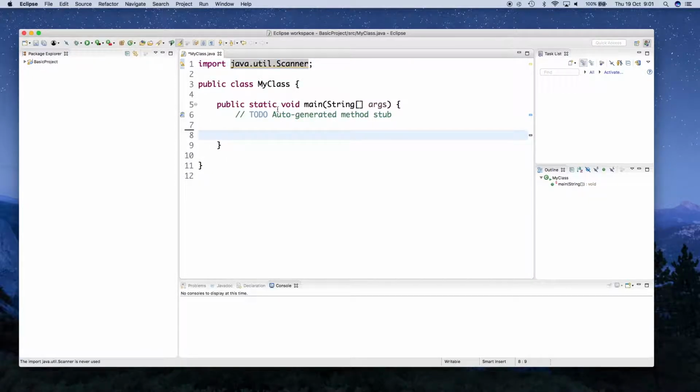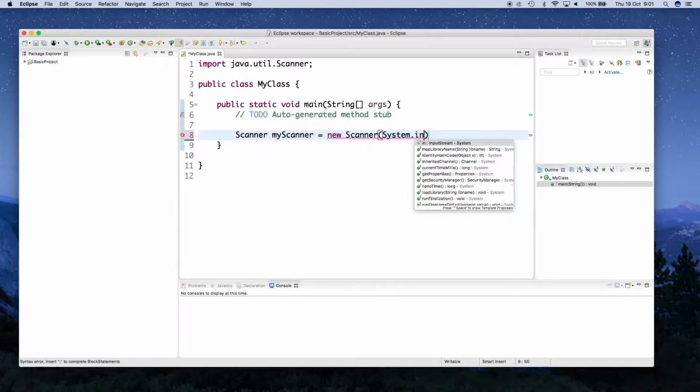So in the main section now, this part of the code that executes when the program runs, in there we're going to create our scanner object. So the type of it is Scanner, and then give it a name, whatever you want to call it. You can just say myScanner, that doesn't matter, you can call it whatever you want. And then we're going to say equals new Scanner, like that. Put your parentheses on there, and then inside the parentheses we're going to say System.in, and there's an uppercase S